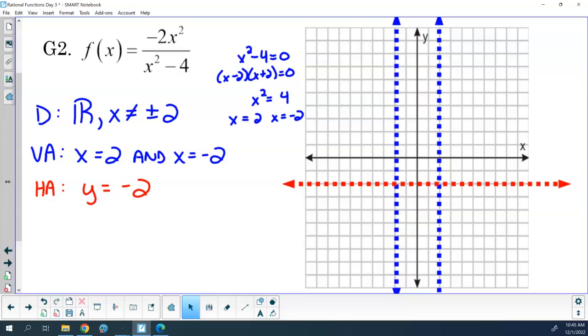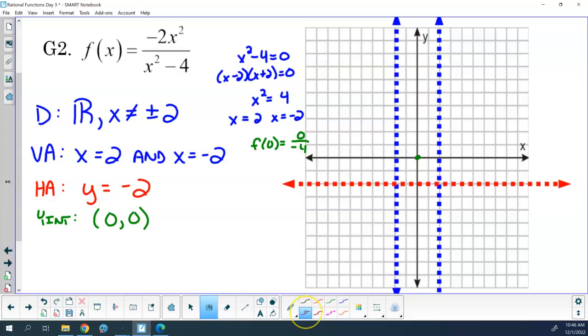Then I find my y-intercept. Plug in 0. If I plug in 0 on the top, I get 0. If I plug in 0 on the bottom, I get -4. 0 divided by -4 is 0, so it goes through the origin. X-intercept, I would plug in